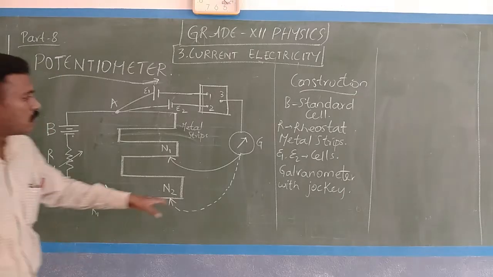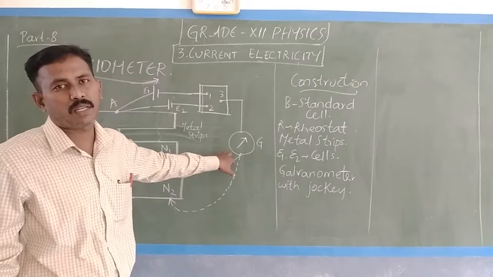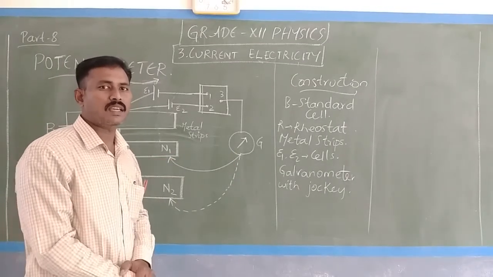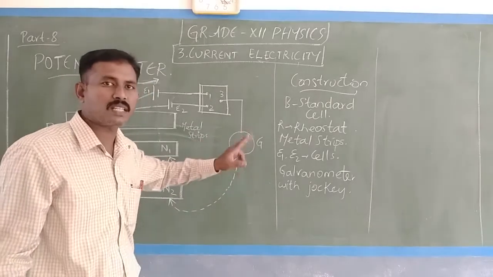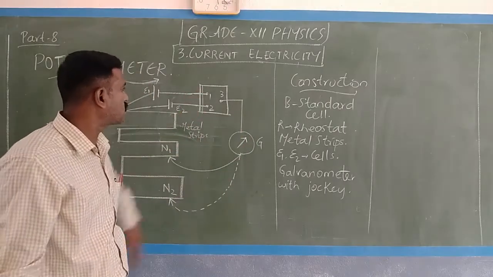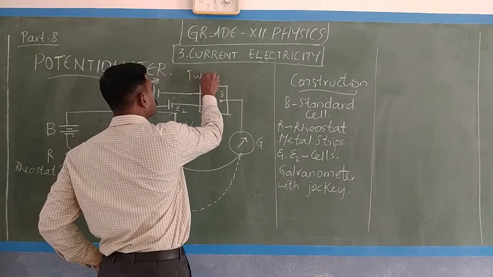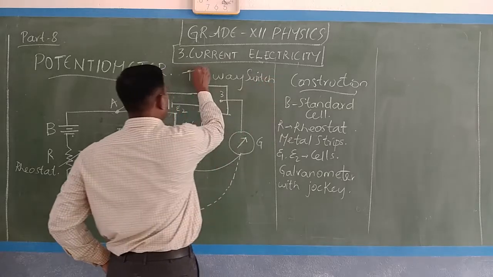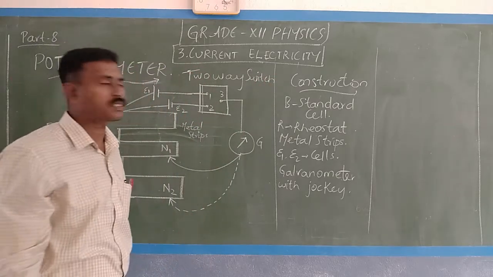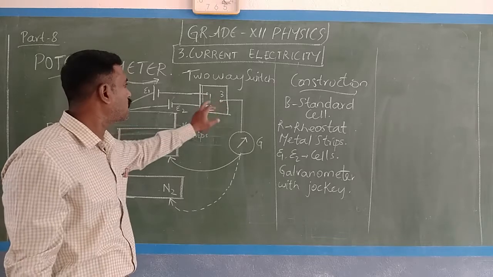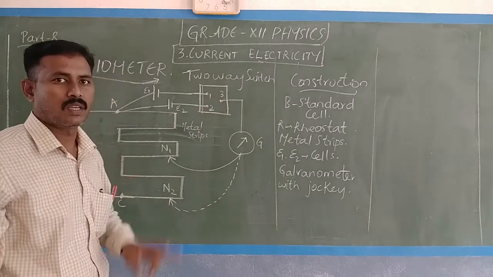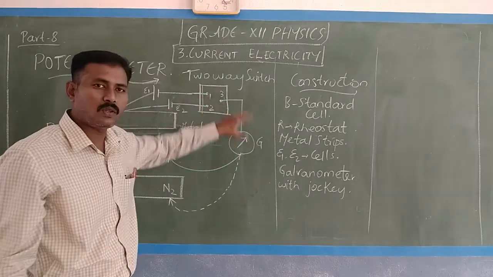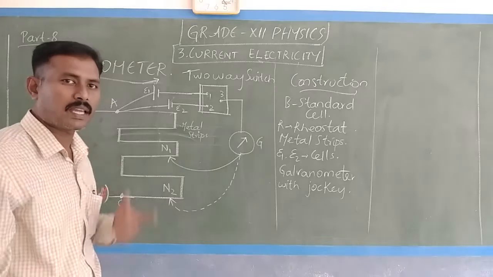Okay, now let us know what is the use of galvanometer. Galvanometer will detect the difference in potential and it shows the null deflection. If there is any potential difference across the junction, it will get deflected, that we know. Then this is a two-way switch. Two-way switch means either we can connect 1-3 or 2-3. This switch can be connected in two ways. 1-3 connect பண்ணி யூஸ் பண்ணலாம், இல்ல 2-3 connect பண்ணி யூஸ் பண்ணலாம், but only one at a time.